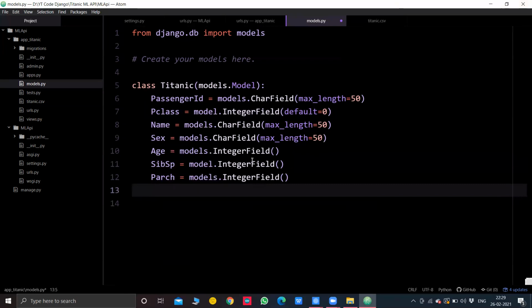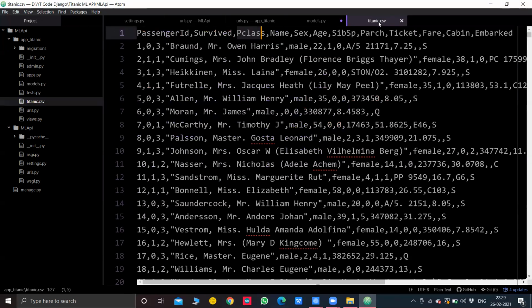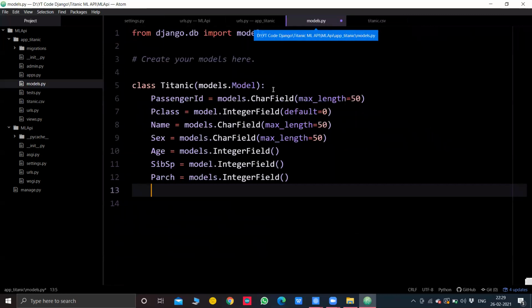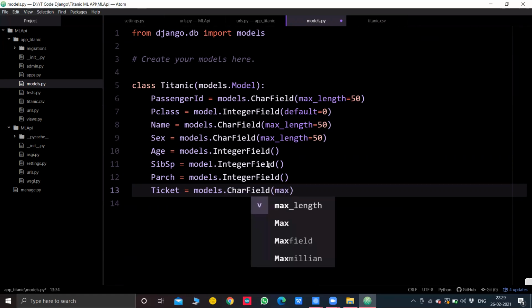Then after parch: ticket, fare, cabin, and embarked. Okay, so there's a lot to go. The ticket will be a character field. So I'll say ticket is equal to models.CharField. Again, I'll mention maximum length as 50 only.